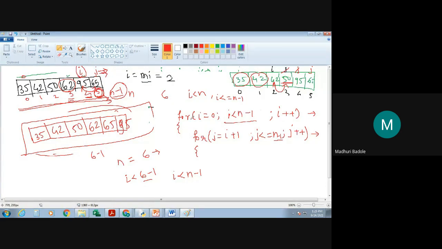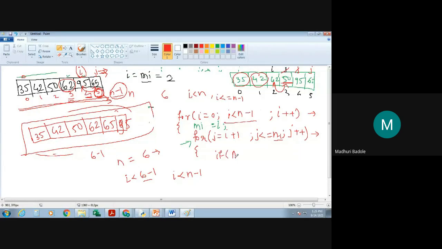Fine. Now see over here, whenever you are applying this ith loop, at that particular time you are reserving that ith index for which one? For the minimum index. You are reserving that i index as the minimum index. Fine. And you are proceeding to the jth loop. Under the jth loop, what are you going to check?